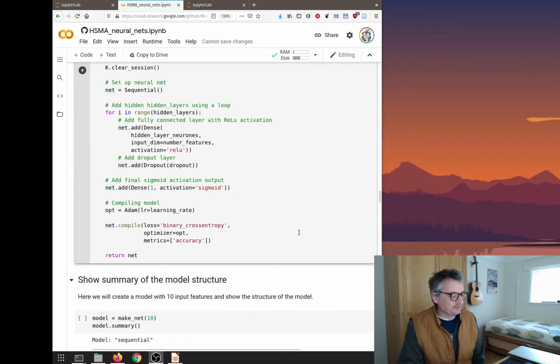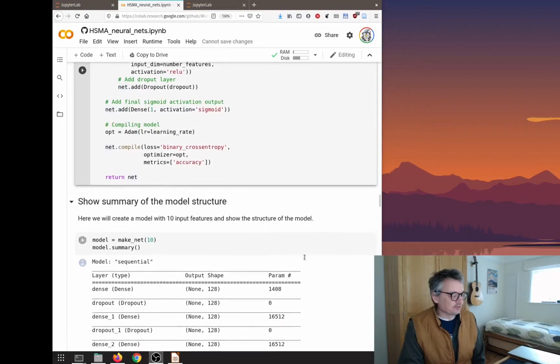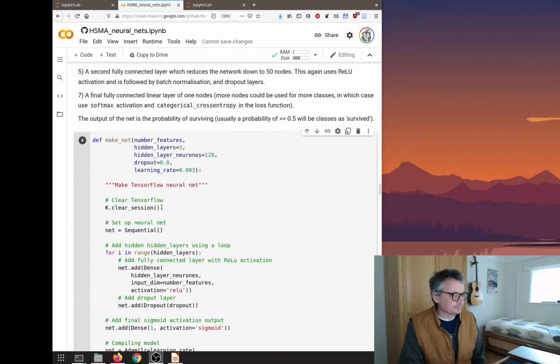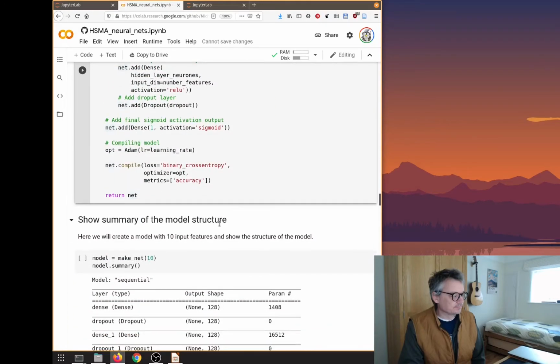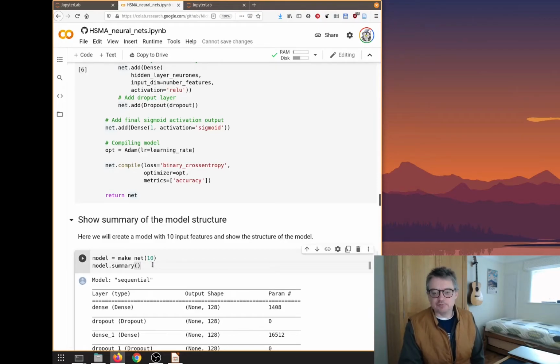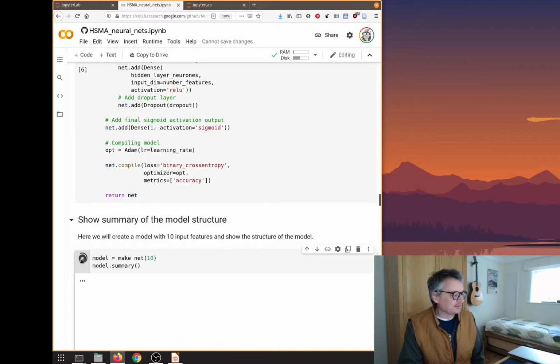And we can just check the summary of the model structure. Let me just play that so I've got it. Right. Hopefully it will now know it is using a GPU, because it ought to use a GPU automatically. We're going to create a model artificially. We're never actually going to use this. We're just going to give it an arbitrary 10 input features and print the model summary. This also helps show up any problems. So if we do that,